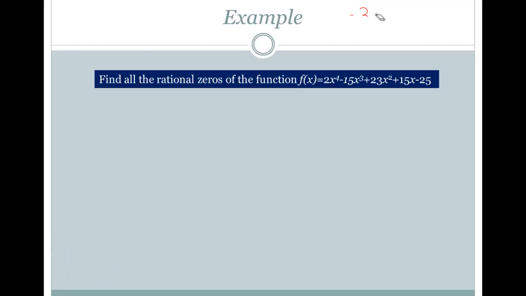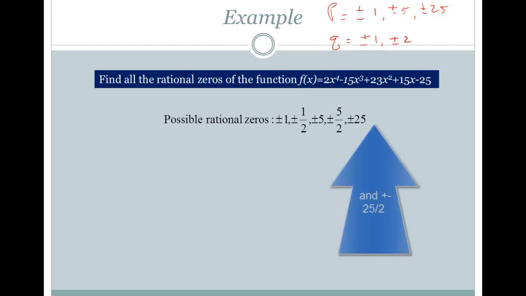When we're looking at this, I want the factors of 25. P is the factors of 25. So P here is going to be plus or minus 1, plus or minus 5, and plus or minus 25. Q is the factors of 2, plus or minus 1 and plus or minus 2. So I want to look at the ratio of P over Q,